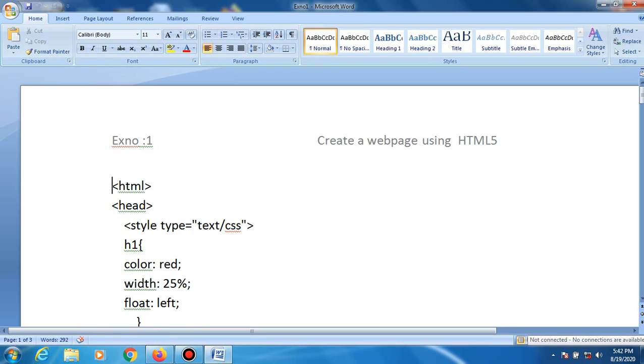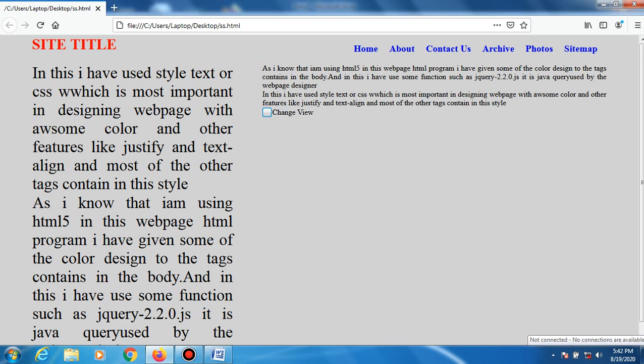In your syllabus, Internet Lab Programming, all the programs are to be created using HTML. So this is the first exercise in your syllabus. When you execute this first exercise, you may get an output that looks like this.